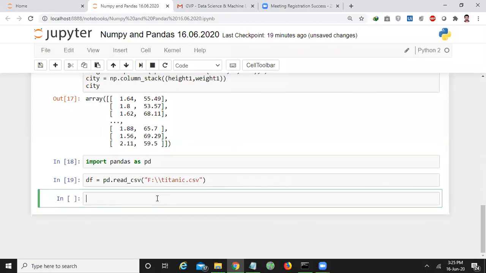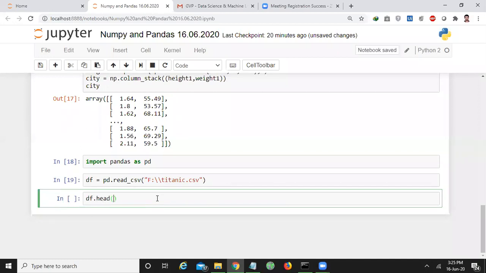First point. The second point is, if you make any changes to your data frame, that doesn't affect your original file. If you do some manipulations to your data frame, the Titanic.csv file isn't affected. That's why we are getting this data temporarily into memory, a data structure called a data frame.